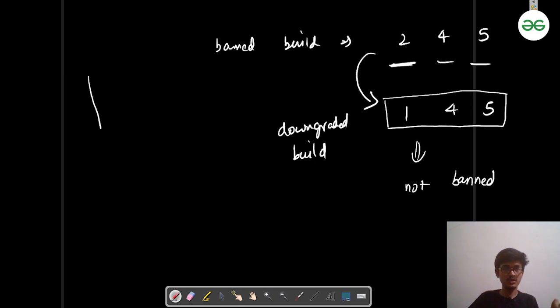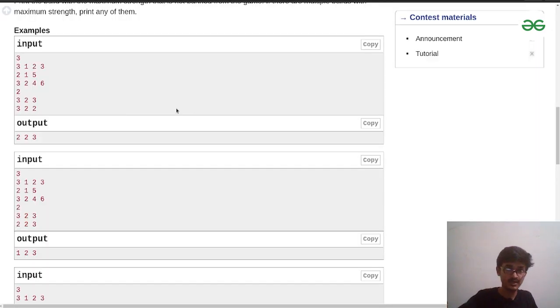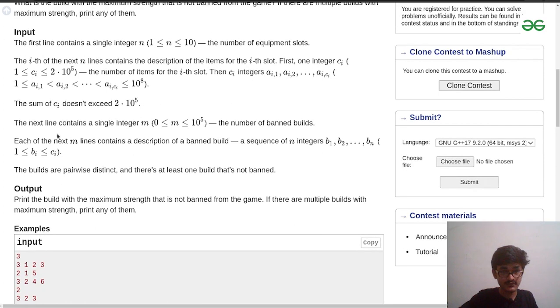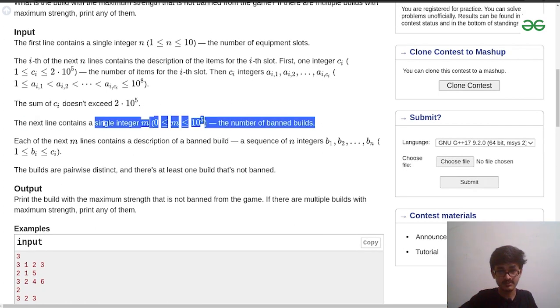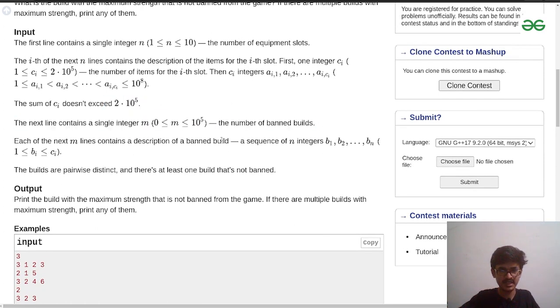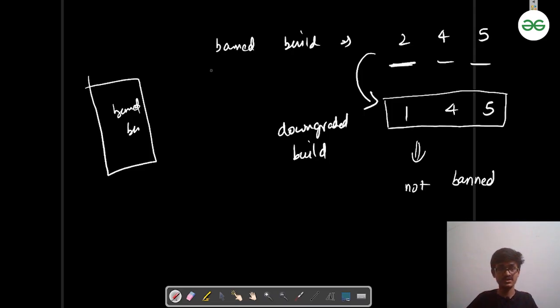So out of all the possible banned builds that we have in the input, here we have that the number of banned builds is 10 to the power 5, and then we'll have a description of banned builds. So we'll check whether this 145 is actually inside this or not. If it is not, then this is the candidate for my possible answer, right? This is a possible candidate,